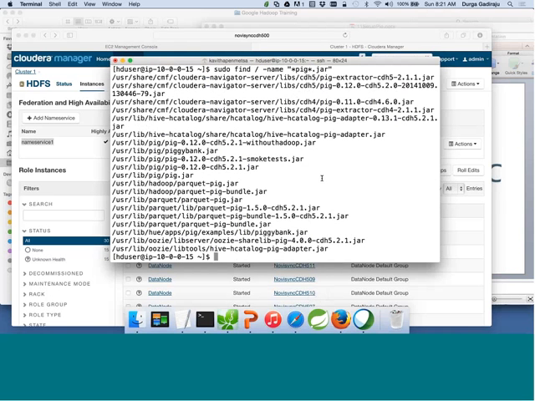And also we have validated that it is connecting to the cluster. So all the configuration is done at the time of installation, and also when you configure HDFS and other stuff, when you deploy the client configuration, your Pig related parameters also will be set automatically. Okay,